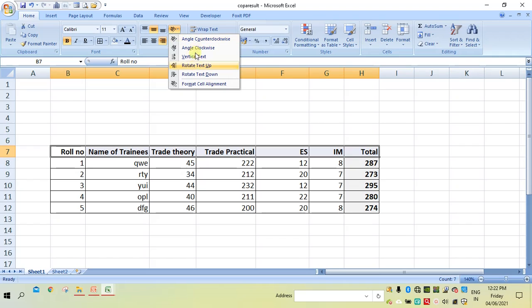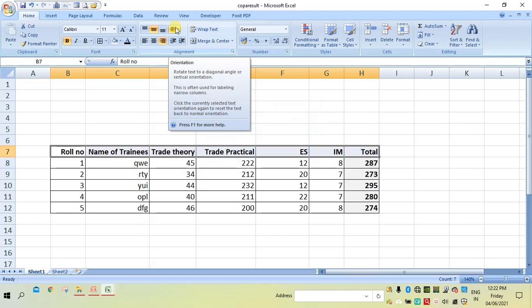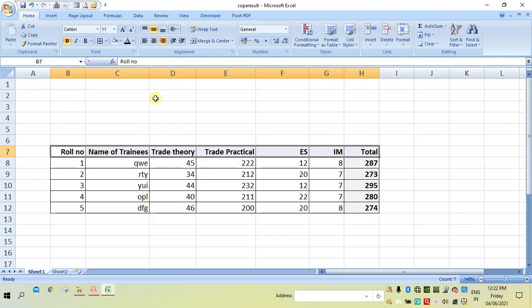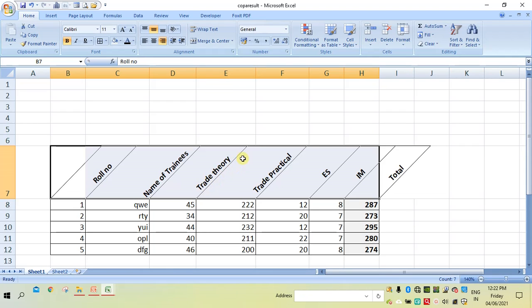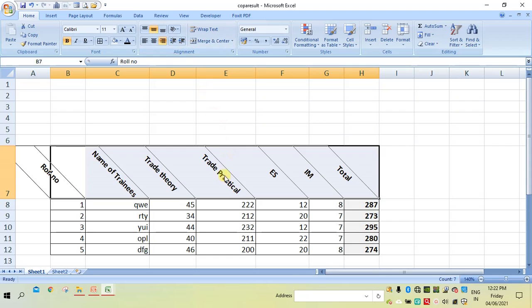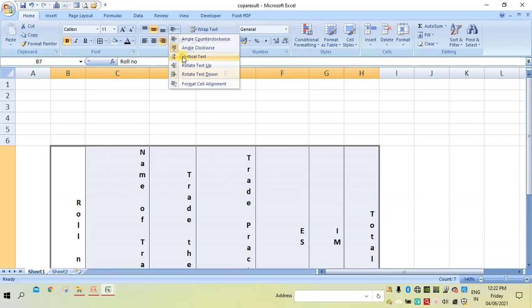These are the options we have in the orientation. Now let us implement them one by one. In this way you can get the columns. This will be showing this way, then vertical text will be in this way.